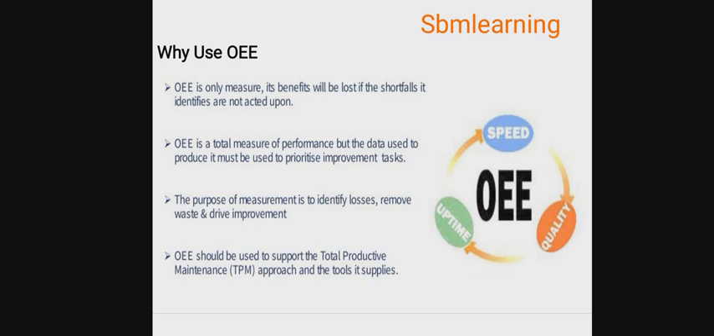Okay. The same thing is written in the same slide: OE is only a measure, and its benefits will be lost, its shortfalls identified will not be acted upon. OE is a total measure of performance, but the data used to produce it must be used to prioritize improvement tasks. So as I said, once we come to know about the losses, we will improve. We can prioritize which tasks to work on first and which later on. Okay. And the purpose is to identify the losses, remove the waste, and drive improvement projects and improvement ideas,